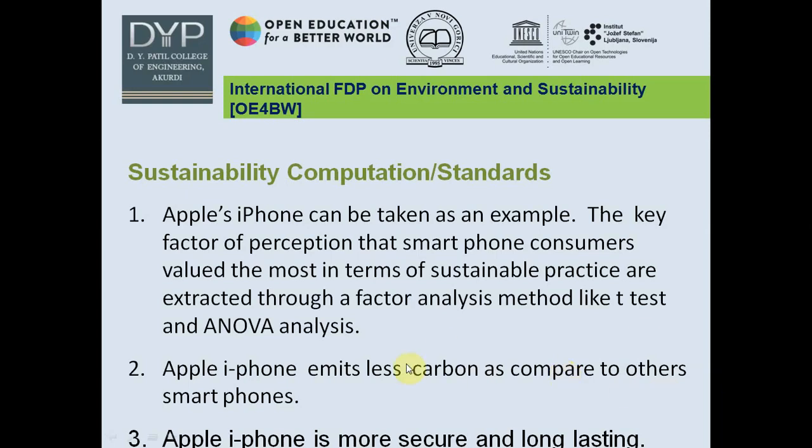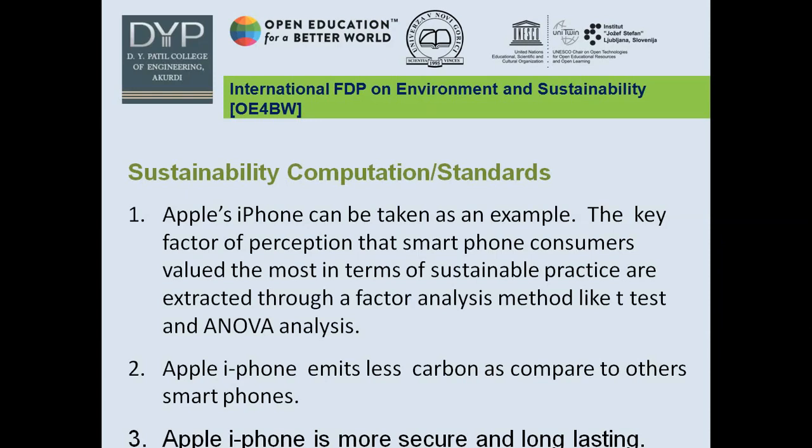When we discuss sustainability, we learn with respect to some methodology, like the t-test method and ANOVA analysis method, for certain mobile phones. The iPhone is one of the phones.